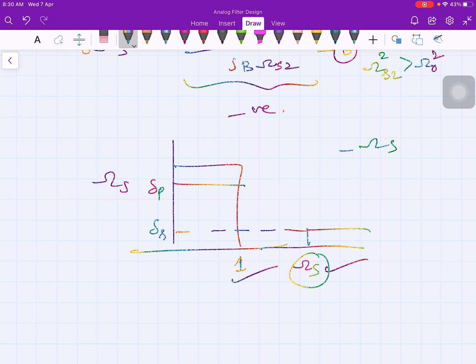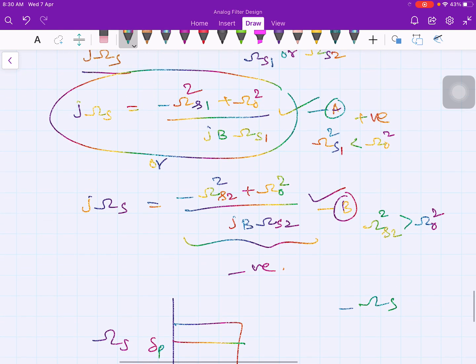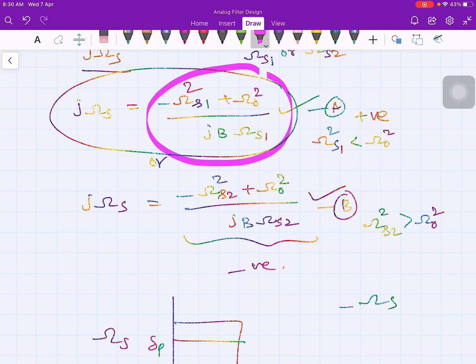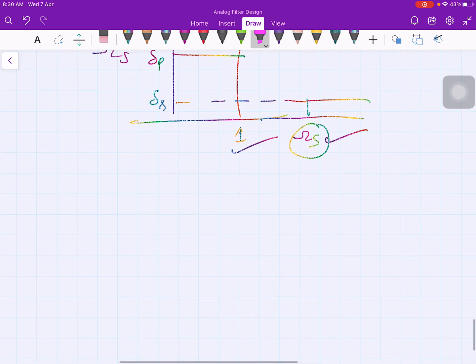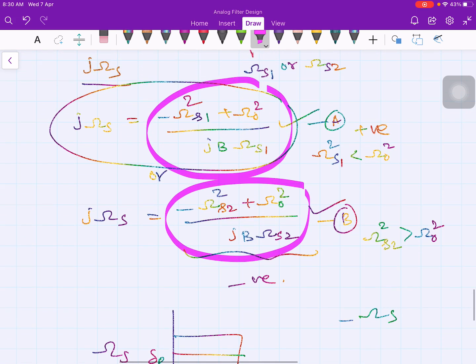Now the positive value of omega s I can obtain in two ways. Either I can take this expression, or I can take this expression. Okay, these two obviously have to be identical. There is no other alternative. They should give the same value of omega s. You can verify that. Okay, if you want, you can do a little more modifications. So what is the first relation? Yeah, take this one,